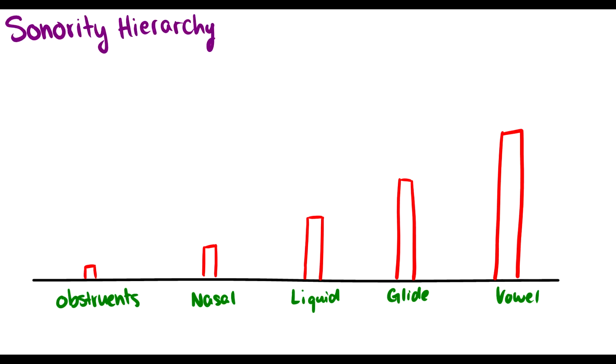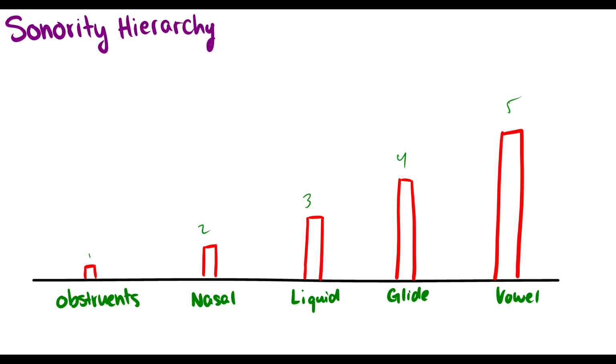So, next part, sonority hierarchy. This is very important for syllables because the way syllables are built are based around the sonority hierarchy. Basically, we give 5 points to different classes: obstruents, nasals, liquids, glides, and vowels. Obstruents have 1 point, nasals have 2, liquids have 3, glides have 4, vowels have 5. So what are obstruents? These are the consonants s, sh, t, p, g, z, zh, ch. Bunch of those consonants. Nasals, of course,